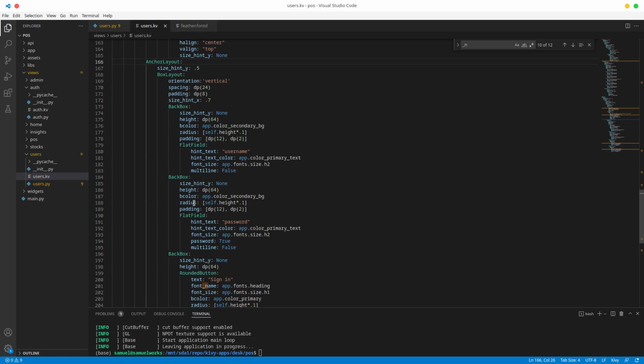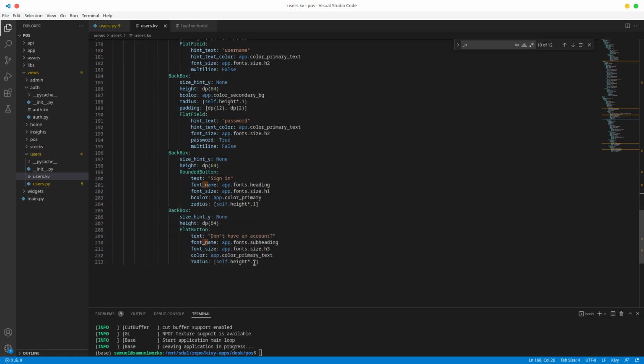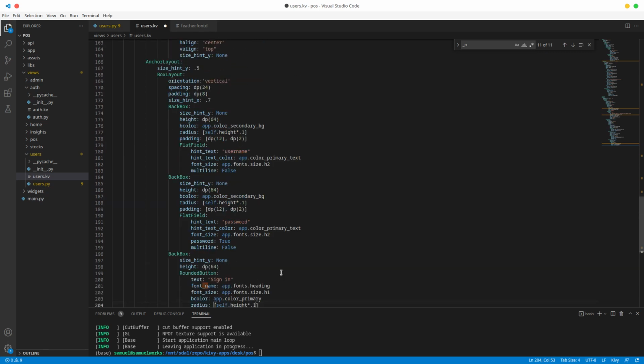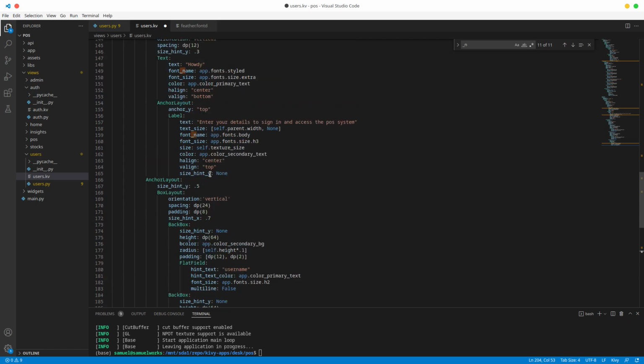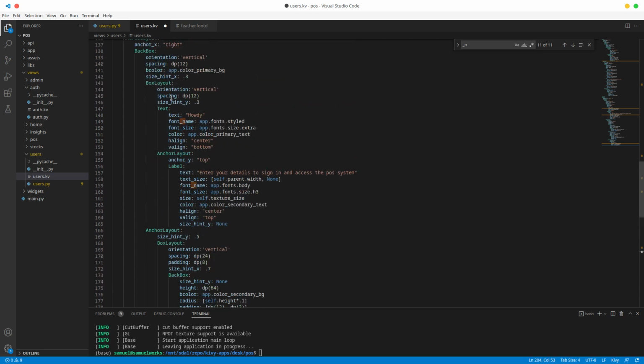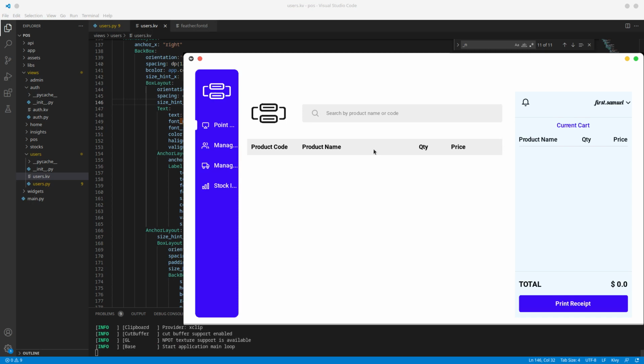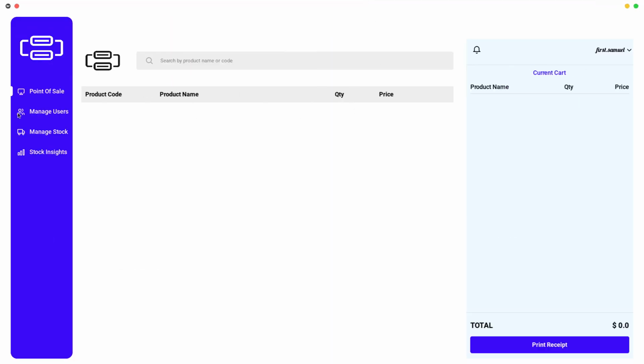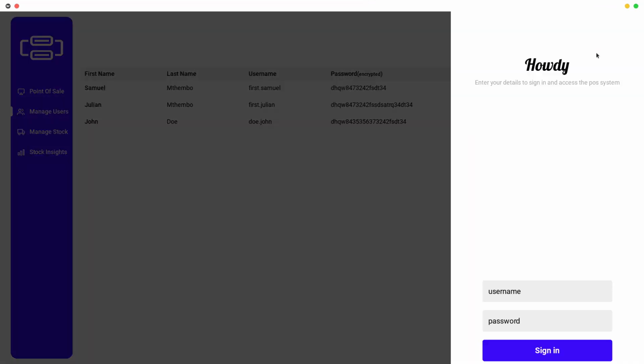Alright, backbox for the text, we don't need this, so let's remove it. And we are going to need more text inputs, obviously, but all in all, I think we are basically done with it. So let's just run this and see. Alright, so go there, add new. Alright, I think this is anchoring to the bottom,